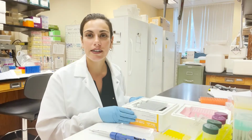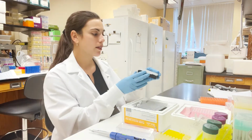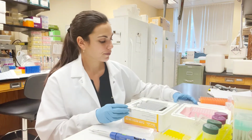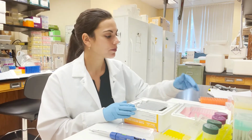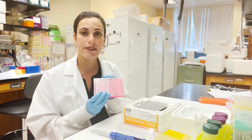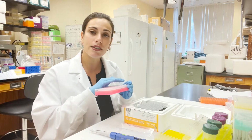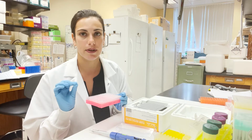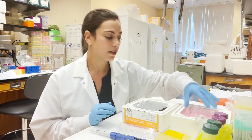All right, so we are ready for our ligation step. We have a few important things here. 1, our restriction digest product from the previous step. 2, all the ingredients for our master mix. And then 3, we have barcode adapters. Now these have been previously diluted and placed in a 96 well plate. And each of these wells contains a unique oligonucleotide sequence that is meant to bind to one end of our